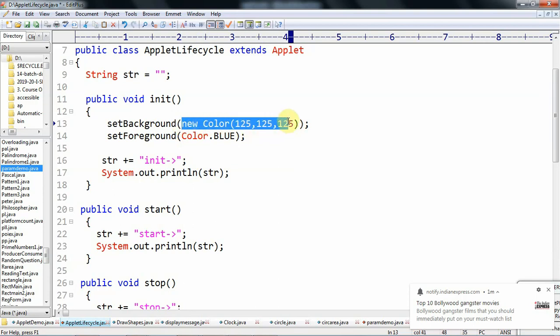Instead of this we may directly mention it like this also, Color. Suppose I want to make a red color for the background, I need to write like this: setBackground Color dot red.